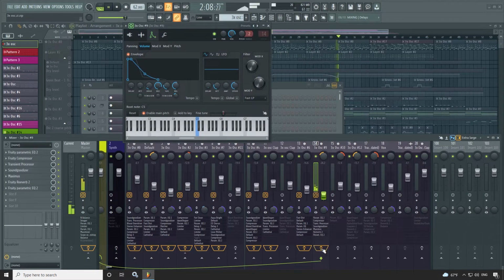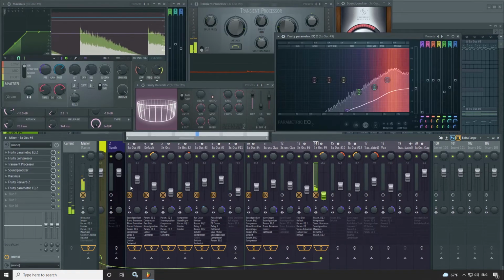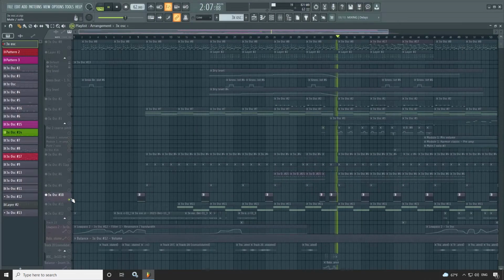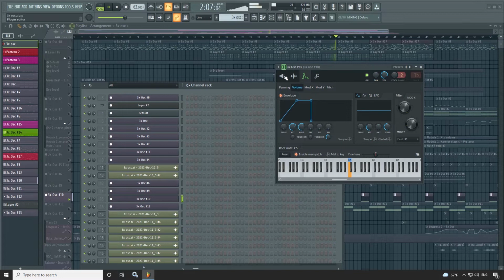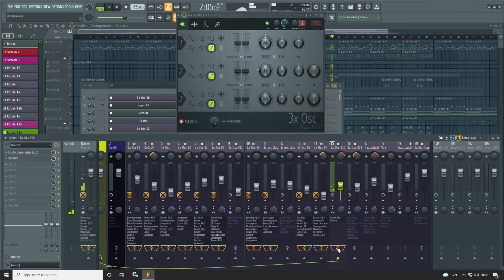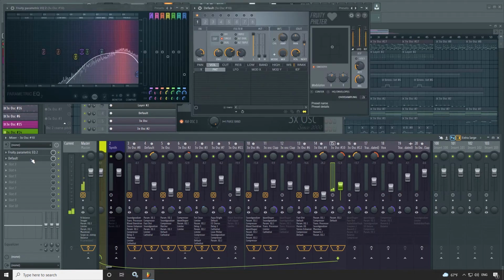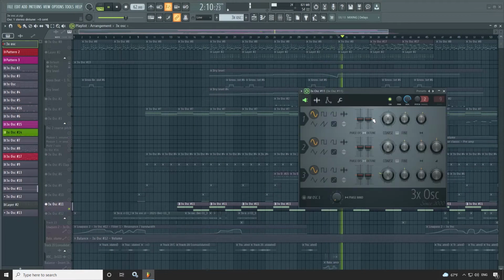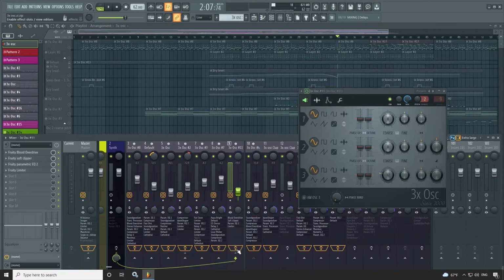With effects, the next sound is reverse crash. With effects, this one is sub bass. With effects,